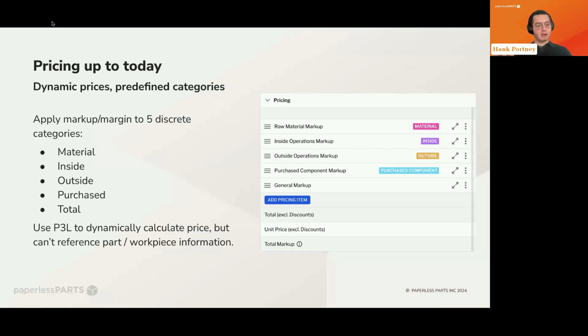And you can use P3L, our configuration system, to dynamically calculate those prices based on table data and information in your account. But there were certain limits as well. You also couldn't reference necessarily part or workpiece information. This, of course, is a strong upgrade that gives you dynamic pricing across these categories. But we're really, really excited to announce that we're doing even more than this